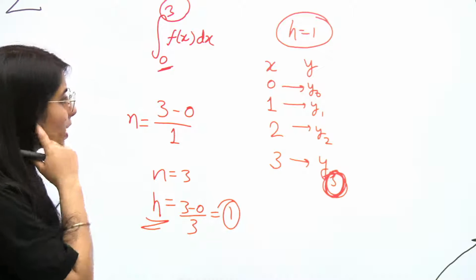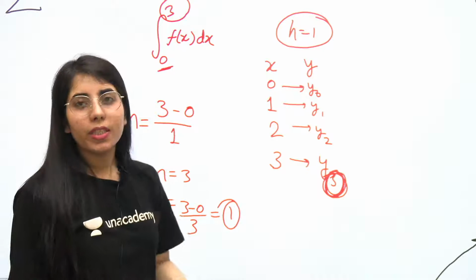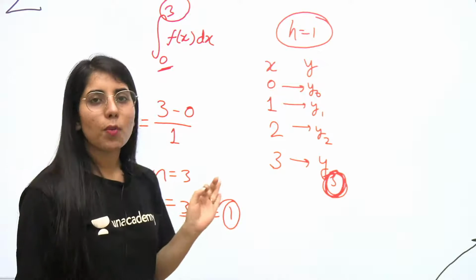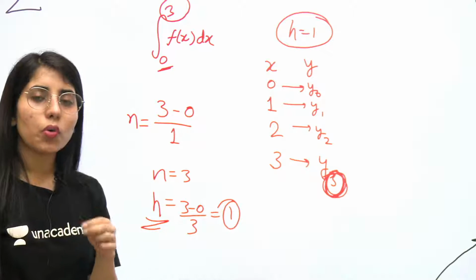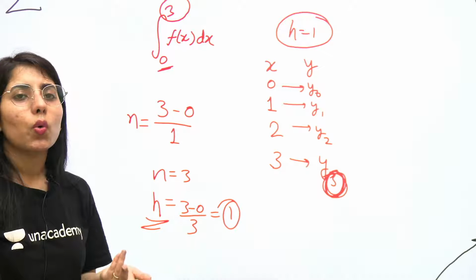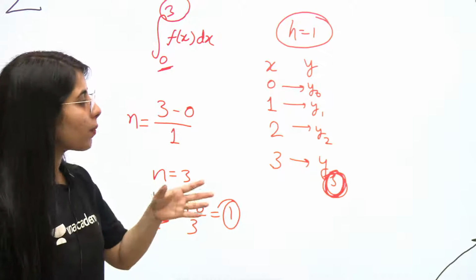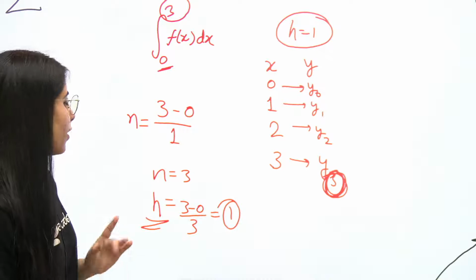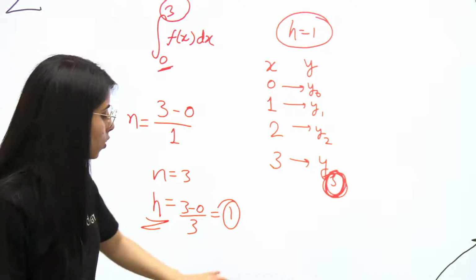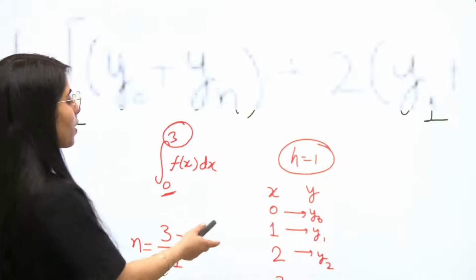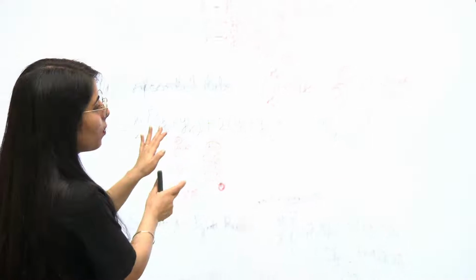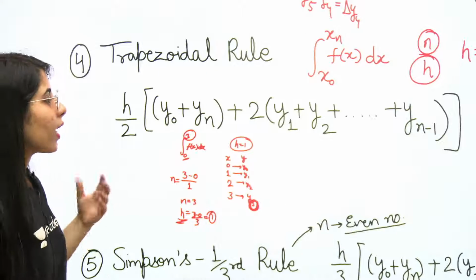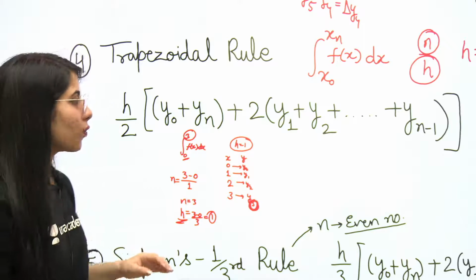Next point, once you got to know about it, now you know how to make the table. Once you know how to make the table, the same formation you have to do in Simpson's 1/3 rule or Simpson's 3/8 rule along with the trapezoidal rule. So it's going to remain the same in all the rules, okay? So the table formation is exactly the same. Now what we need to do next, we need to consider the formulae. Because once we get to know the exact formula for the trapezoidal rule, Simpson's 1/3 rule, Simpson's 3/8 rule, we can solve any such question based on any of these methods.